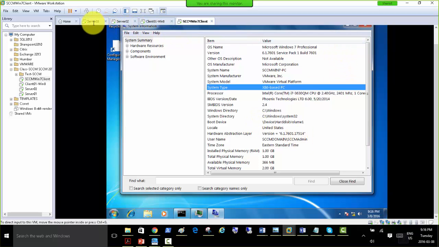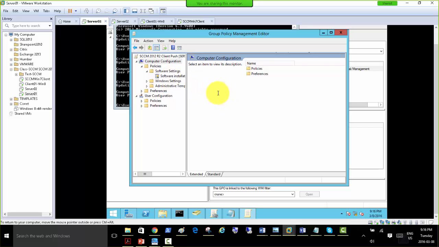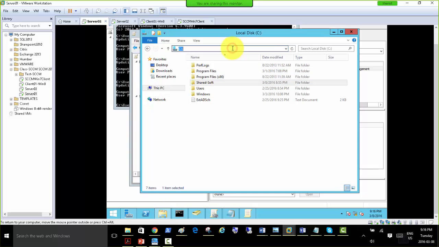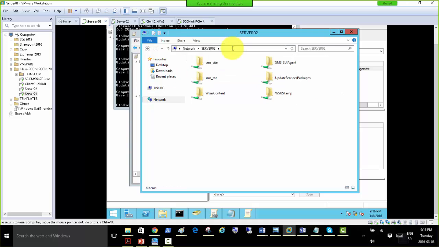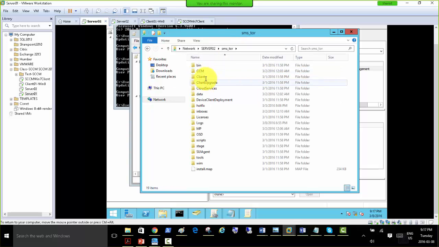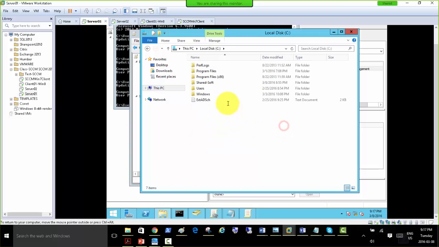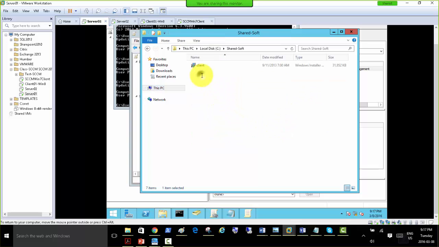Okay. If we go back to group policy, let's just not deploy 64-bit. So I'm just going to go back here and access the server 2 shared folders again. Go to SMS store, go to client, go to i386, and let's just copy this i386 client as well to the local shared folder. I hope you understand what I'm doing now. Just accessing the other one, right? So if I put the folder called i386, enter,